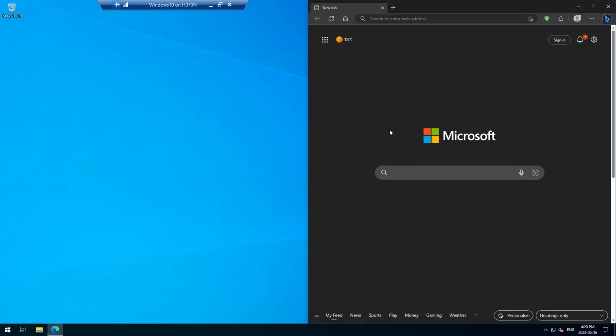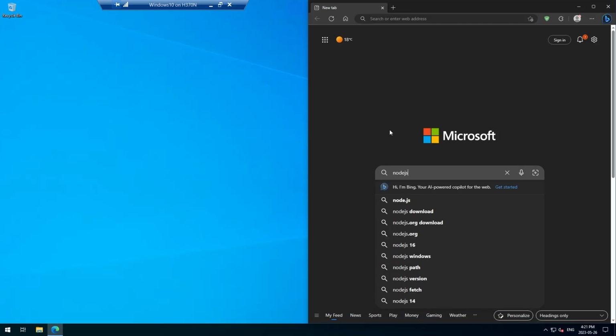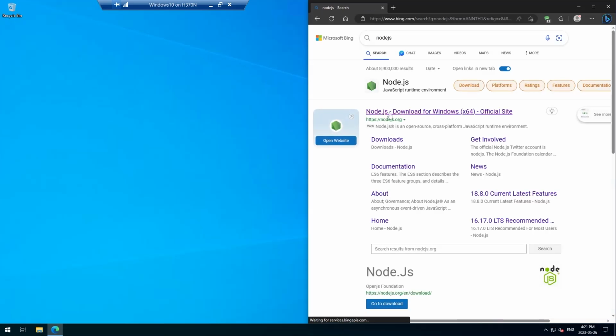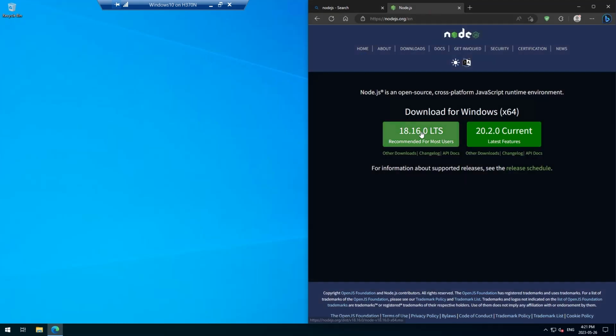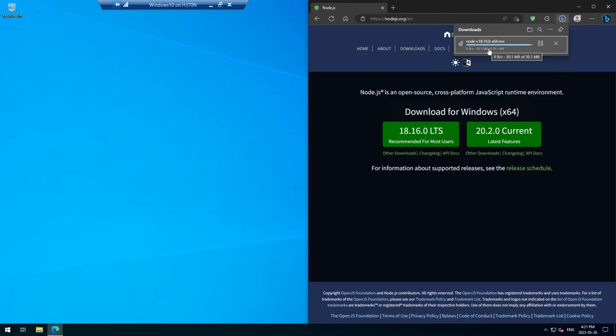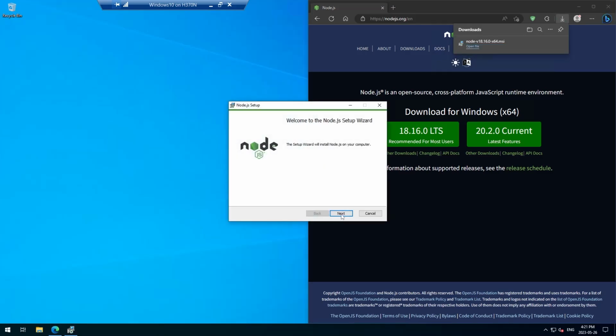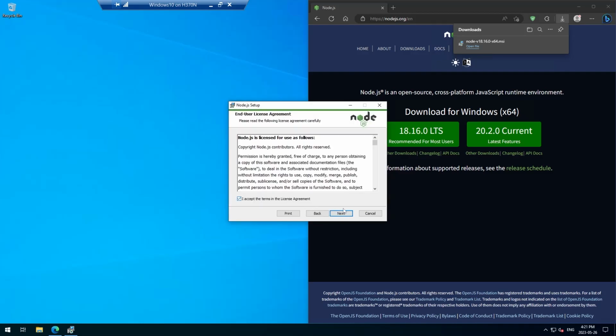So I'm just going to go through with you what I do when I set up a new machine, or I'm on a new device or a new laptop or whatever. So the first thing I do is set up Node JavaScript, Node.js. Okay, I'm just going to go with the LTS version, and once that's downloaded, you can go ahead and install. Okay, and basically with this one, we're just going to go through the defaults. So I'm going to accept the license,